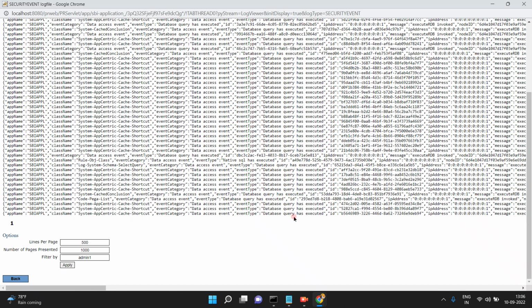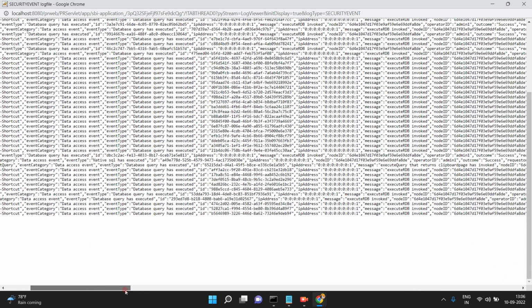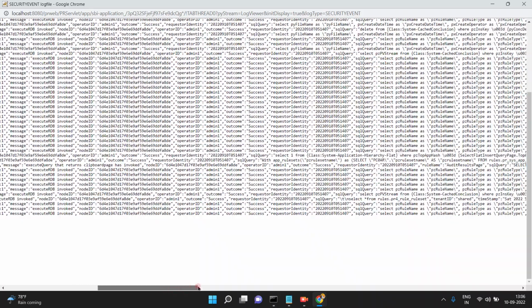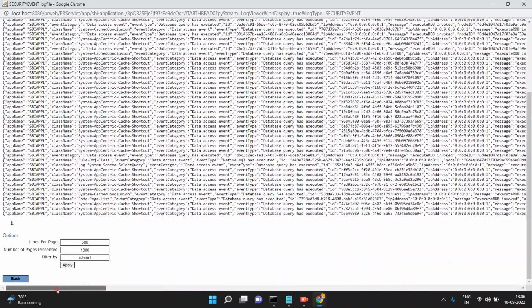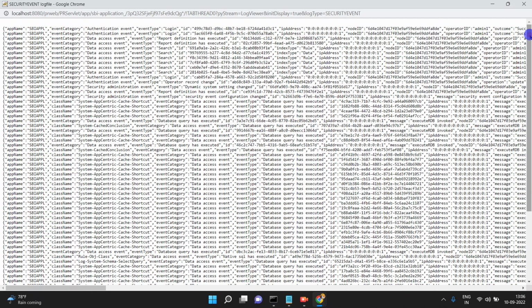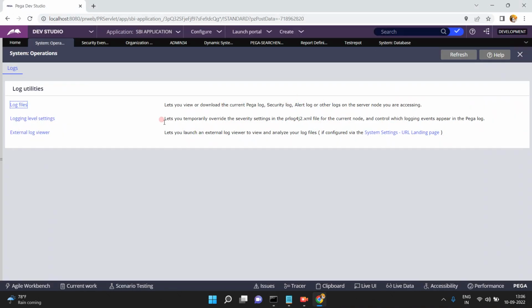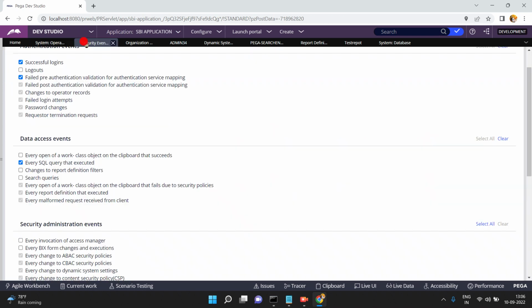System map centric cache shortcut, etc. Data access event type: database query has executed. Okay, execute DB invoked, outcome success, etc. So immediately Pega logs this, Pega is tracking this event as well. That's why, if we want to configure